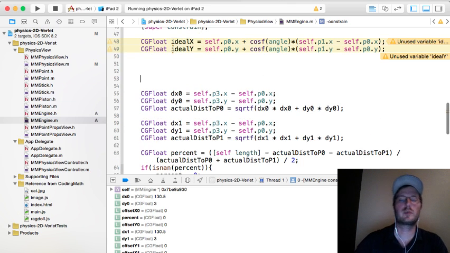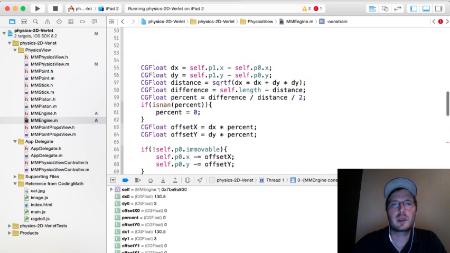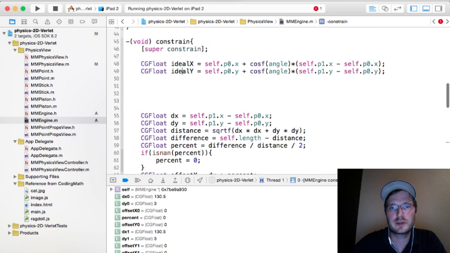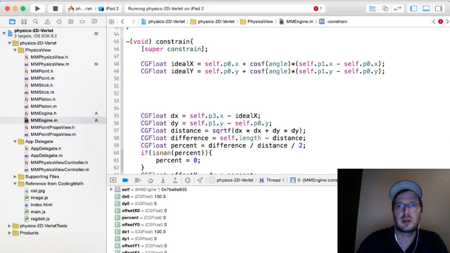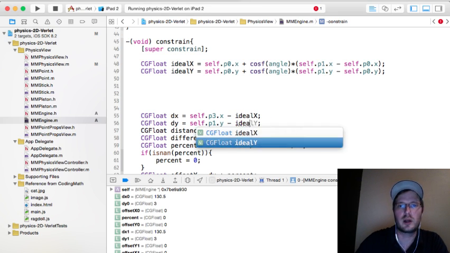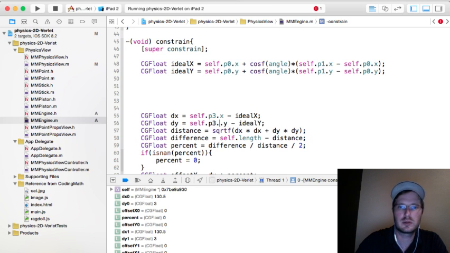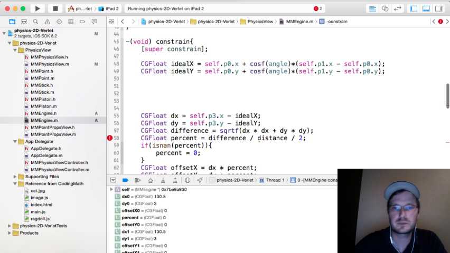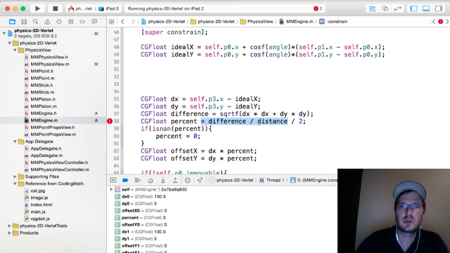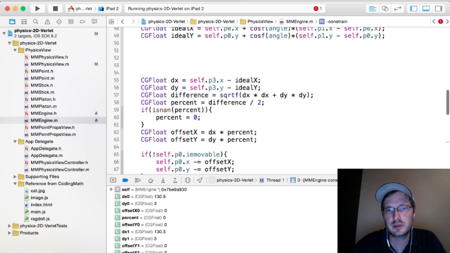Yeah, so if that's my ideal, and this is my point, my P3. So dx is P3 minus ideal, and ideal y, right, P3 dot y. So now this is my distance between where I am and where I want to be. So we can actually just do that. So then that difference is